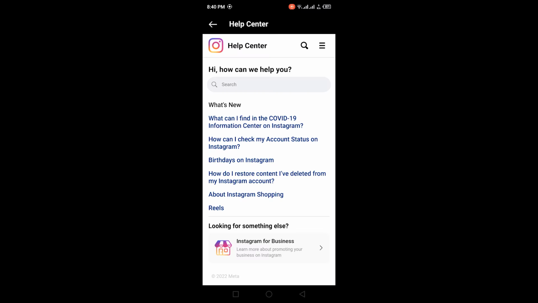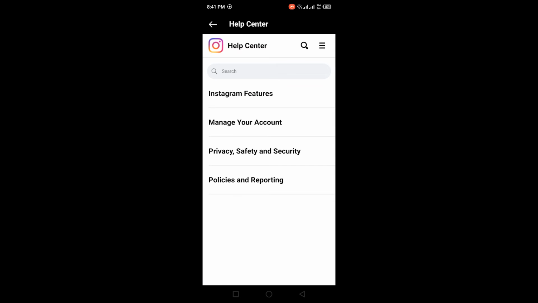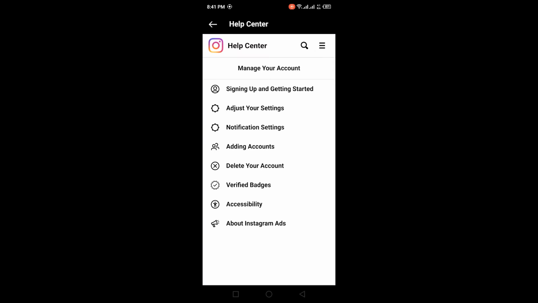This will open up the help center options here. We can't see the deleting of Instagram account option here, so you need to click on the three bars on the top right corner again, and that will give you some options here. Then you need to click on manage your account. Over here you'll see an option of delete your account. Click on that,